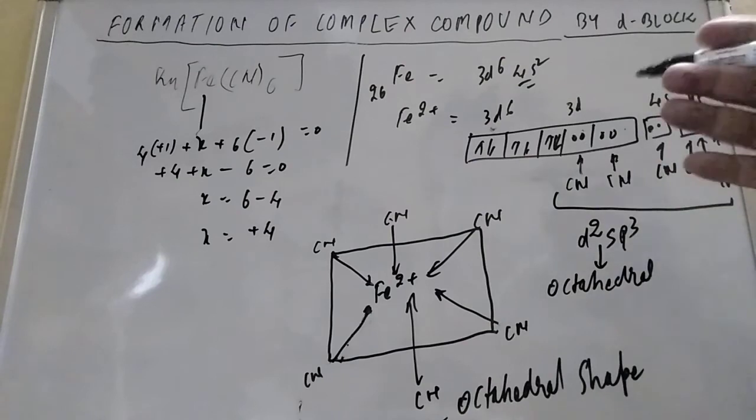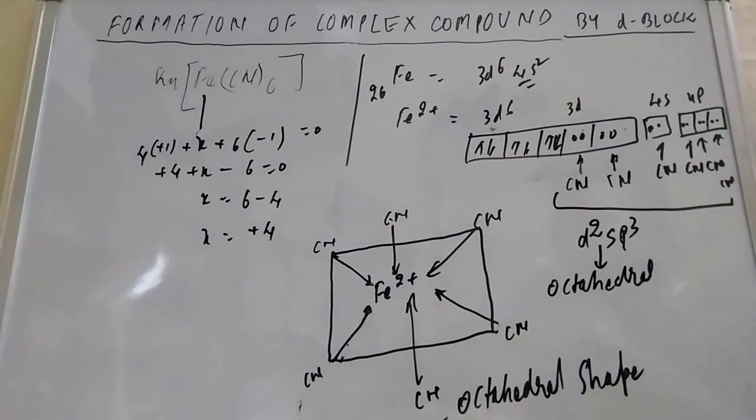So like that you can understand for any number of compounds the formation of complex compounds by d orbitals, because of three reasons. The first is the small size of the transition metal, the second is the high nuclear charge, and the third is the vacant d orbitals. Complex compounds are those compounds which on dissociation give one complex ion, either cation or anion. So this is all about complex compounds. Okay, students.